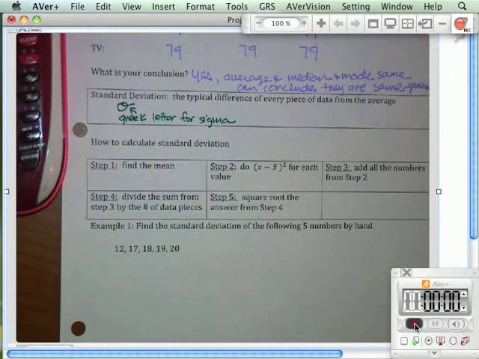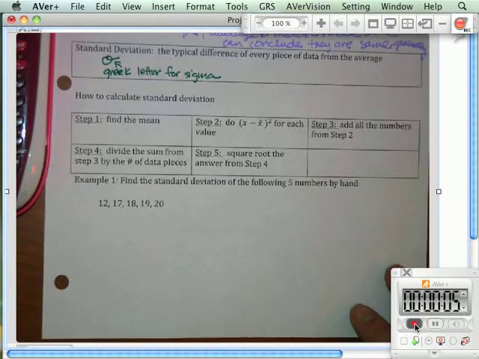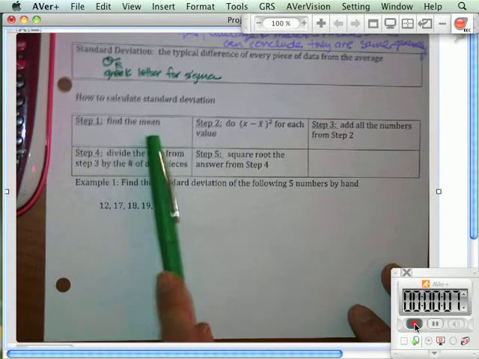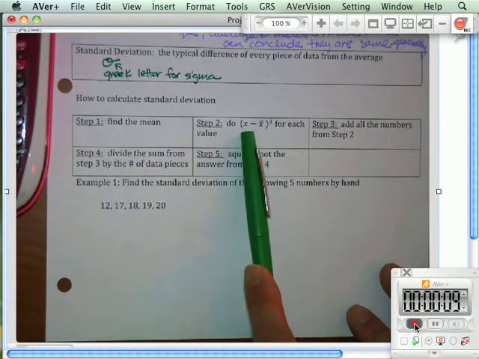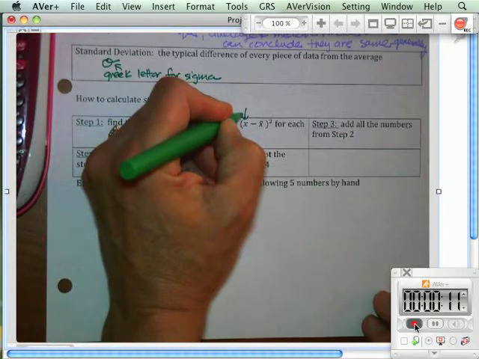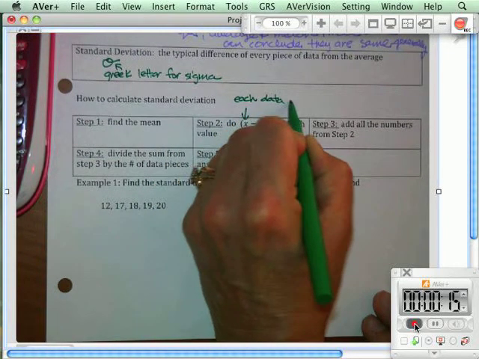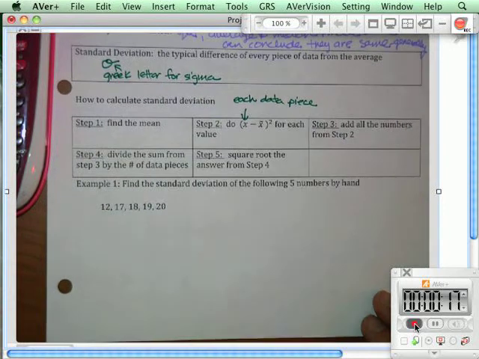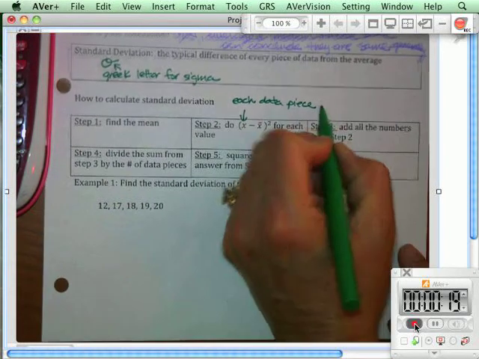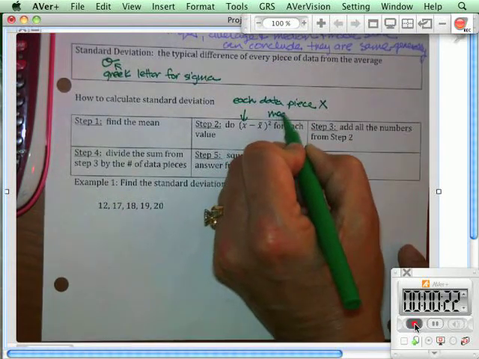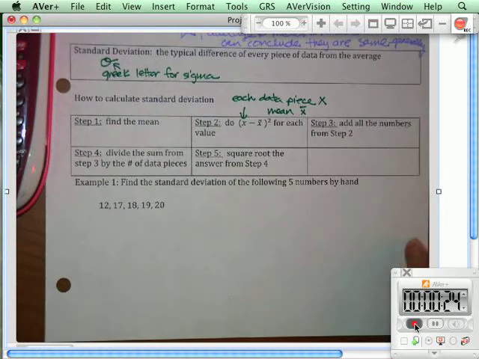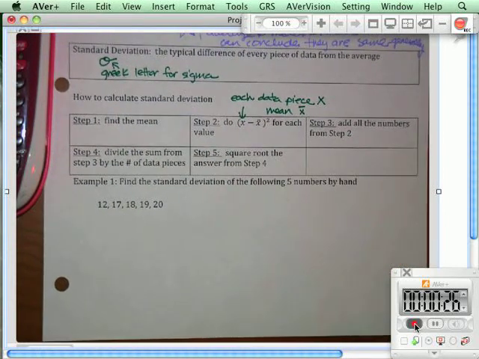How to calculate standard deviation. These are steps that you have to do, and we're going to do it by hand. So first you find the mean, then you take each piece of data, each data piece is x, and the mean is that for each value. Then you add all the numbers from step 2, then you divide the sum, and this looks